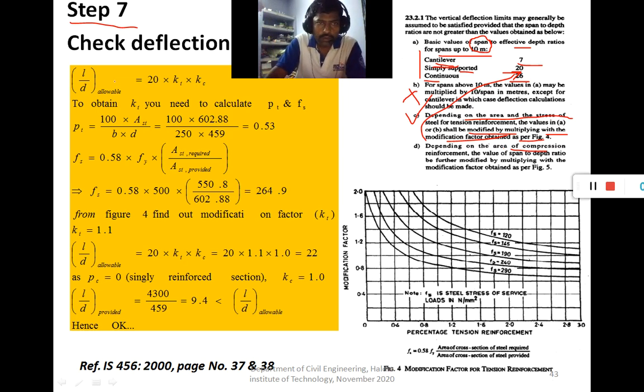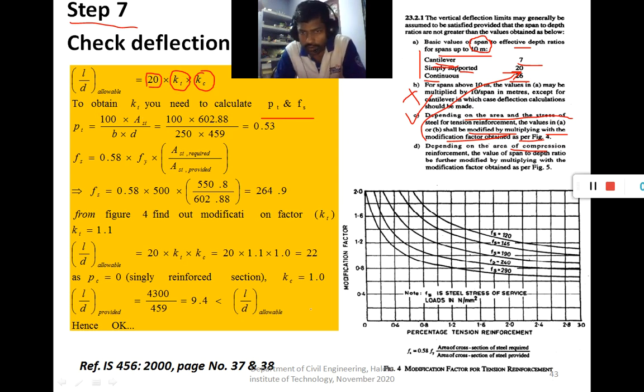Here, as it is a simply supported beam, the allowable value given is 20. Then you multiply the modification factor Kt for the percentage of tensile reinforcement, which is for the singly reinforced case, and then you multiply Kc, which is for a doubly reinforced section. To obtain Kt you need to calculate Pt and Fs.